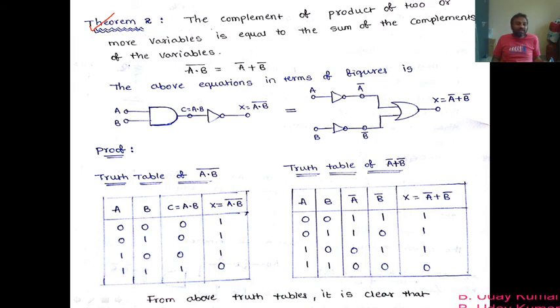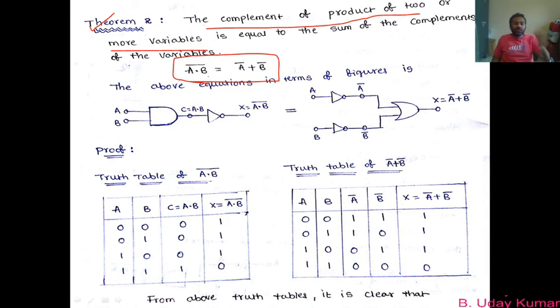The statement is like that: the complement of the product of two or more variables is equal to the sum of the complements of those variables. Try to understand that. Whatever statement is written here can be converted easily into a mathematical expression. Remember, once you can convert into these mathematical expressions, which we call logical equations, the proof part will be much easier. This conversion is going to be a problem for most students, so you have to understand it. Okay, I am erasing everything.